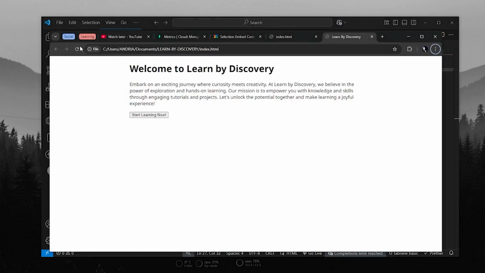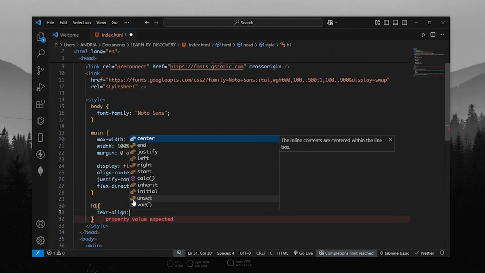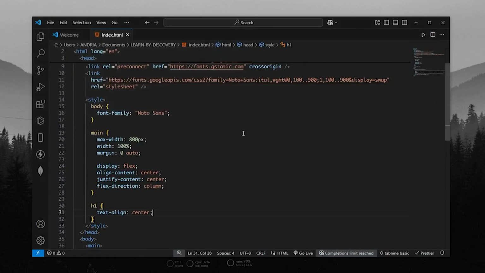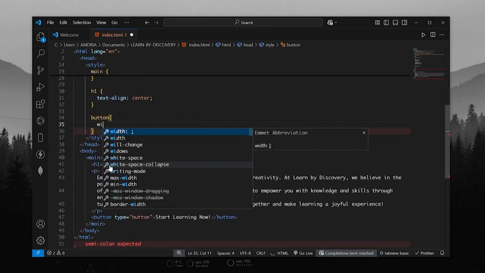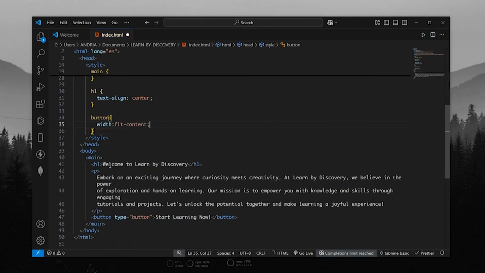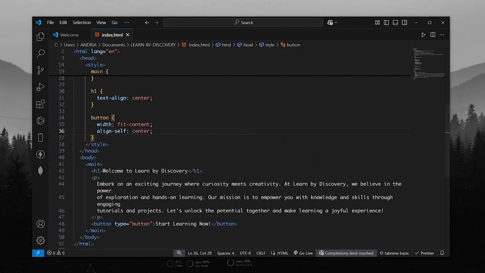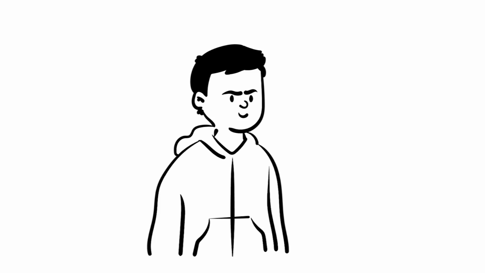Save and refresh again. Now fix the H1 by aligning the text to the center. And for the button that is stretching along the width, we will set its width to fit its content, and we have to align the button element itself in the center. Save and refresh. At this point, you have a much more presentable website compared to the very first. You can always experiment by changing or removing some of the codes. If you remember, you can also use the very first line you wrote from our previous video to style some